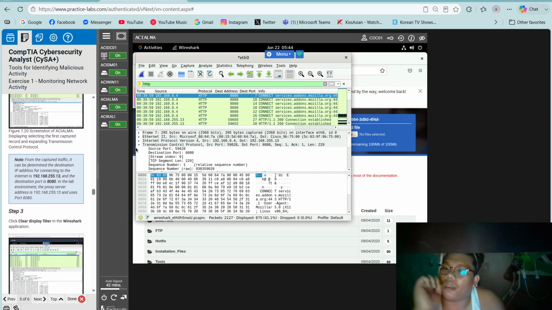Note, from the captured traffic, it can be determined the destination IP address for connecting to the internet is 192.168.255.13 and the destination port is 8080.